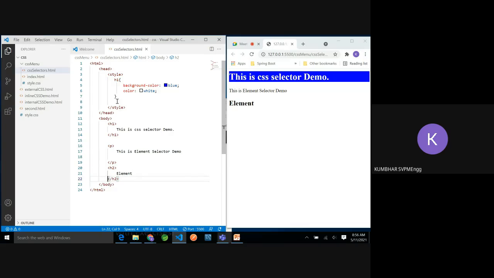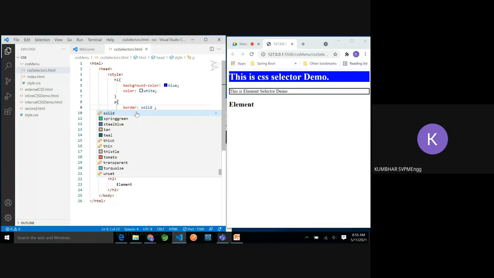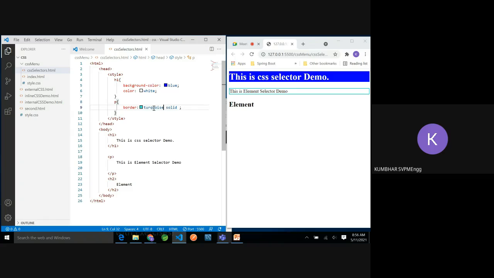Okay, so I want to give the style for the paragraph element. Sorry, p. This is the element I am going to select, and then I will apply the style. Let's say go for a border. Solid means which type of line you want to display. Color, let's go for color. This is the border color, okay, because I'm mentioning the border.